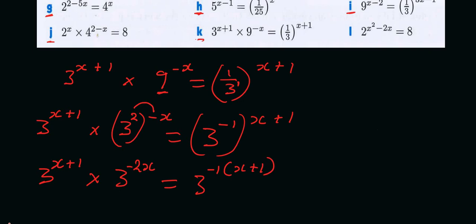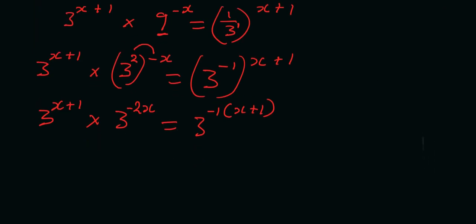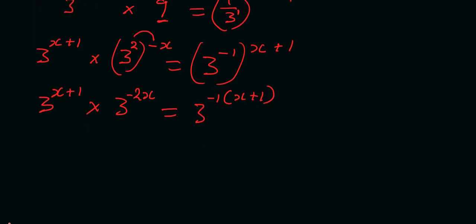So now remember the law of multiplication: when you have the same base with different exponents but you are multiplying the same base, the law of multiplication says you should add up the exponents. So this will become 3 exponent x plus 1 plus negative 2x. You can see that both exponents are being added up, and this is equal to 3 exponent negative 1